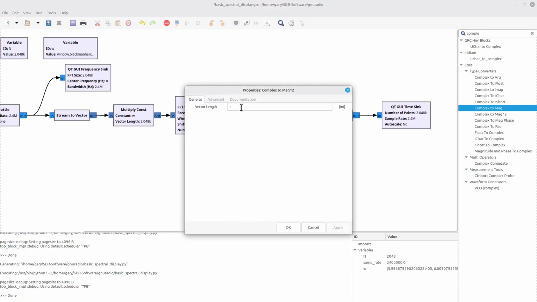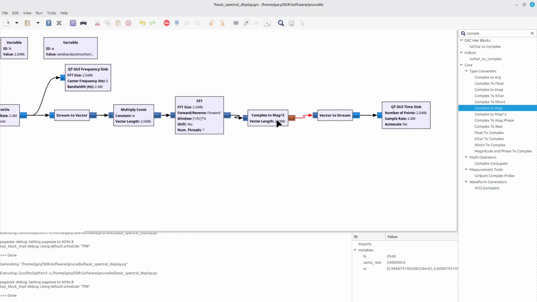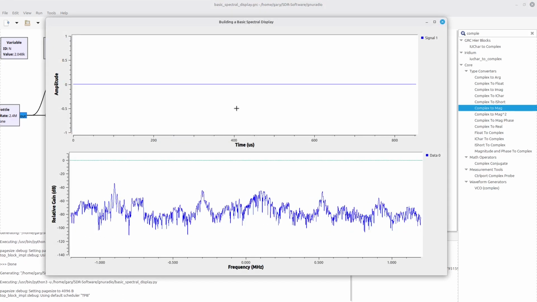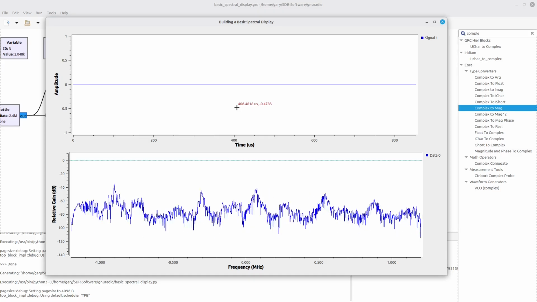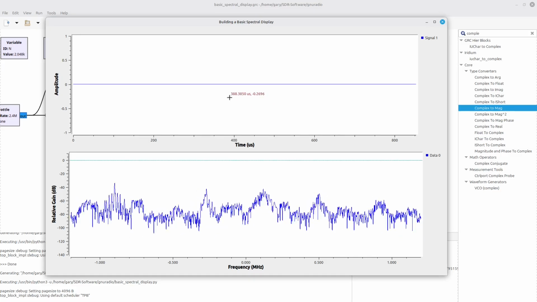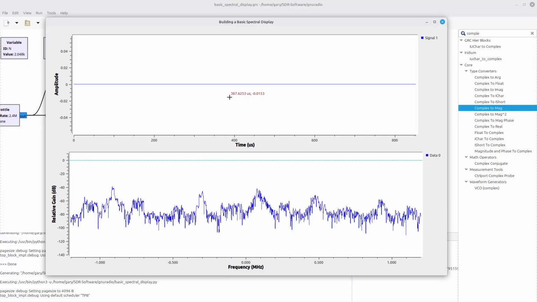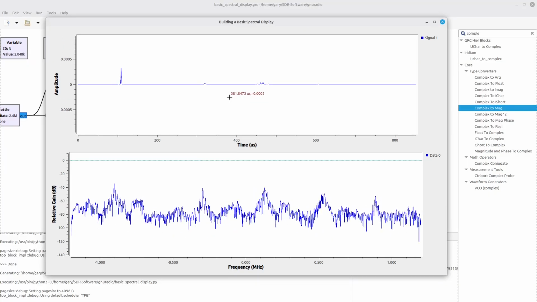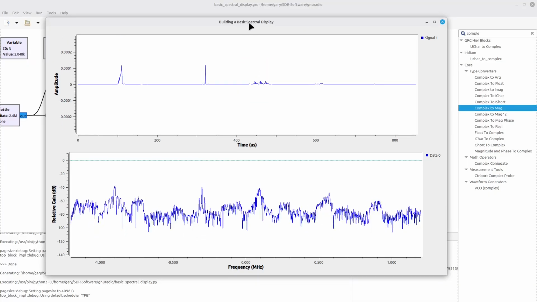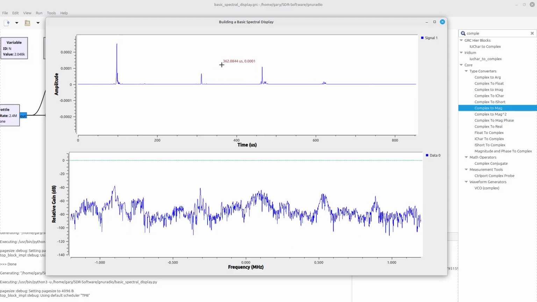All right, bringing this up, I'm going to change the vector length to capital N. Now, notice that the output is a real only output. So I'm going to just make an adjustment to my other points here, and everything's happy now. Let's see what the result is. And you might think, oh my gosh, everything's really disappeared. Nope, it's just even lower now, amplitude-wise. So I'm just going to have to zoom in quite a bit in order to see our data here.